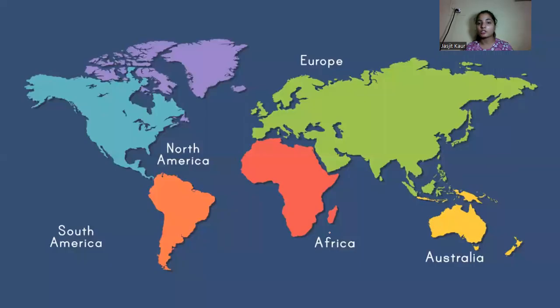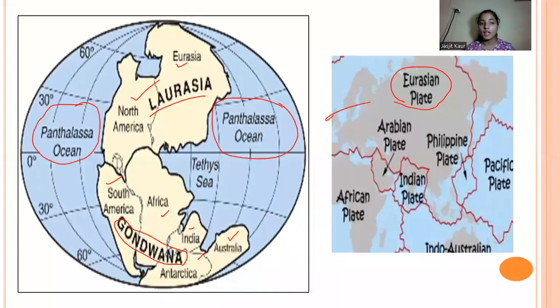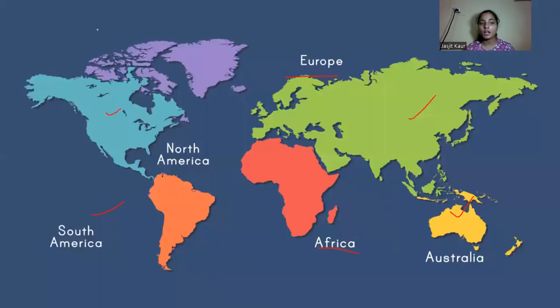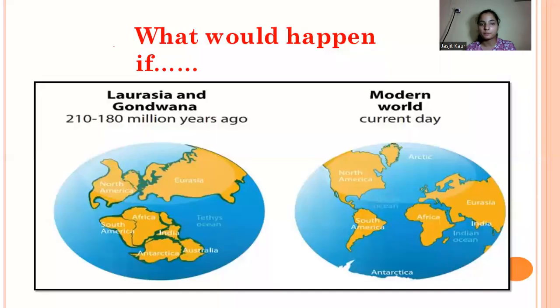due to which all the continents start separating from each other, and then we have this kind of world present in front of us, where we have the continents separated from each other, like North America, South America, Europe, Africa, Asia, and Australia. So initially we had this kind of structure of the Earth's surface, but now we have this kind of world or Earth's surface present before us.